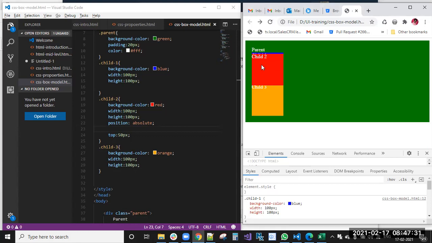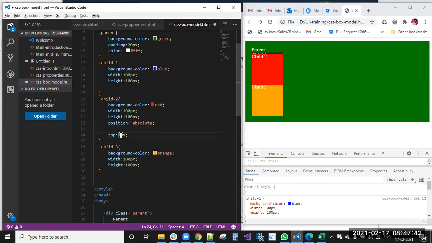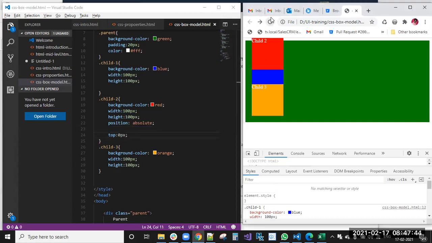So here it is set on the top here. If I apply top 0, top 50 pixels I have applied, right? Top 0 pixels. So now I told you, right? Document is now the position relative property default. So that parent is now the document. Because of that top 0 it moved.